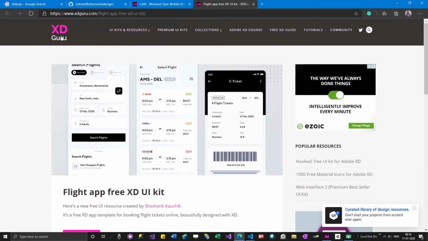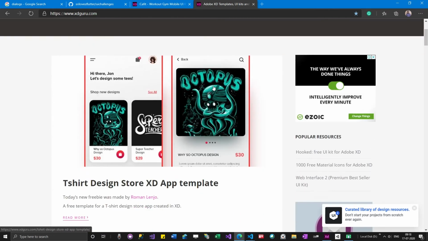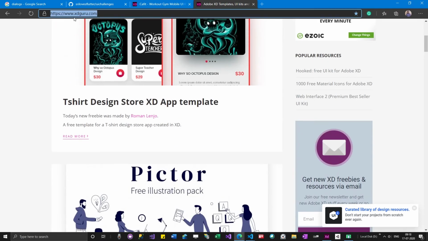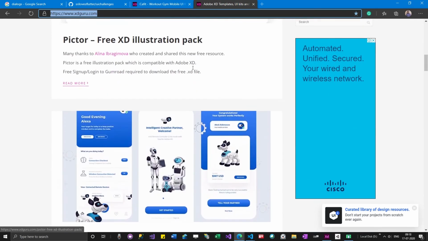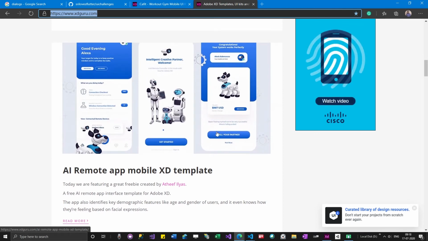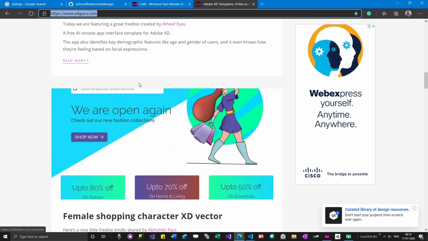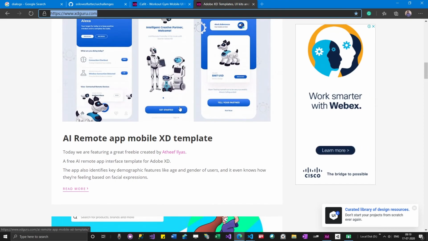You can search for more designs. If you want to take more UI challenges, you can go through sites like XD Guru or something else and get some ideas. You will be doing this as part of your UI challenges. You might be thinking, oh, this is so complicated. No, this is not complicated, it is easy, because now you know how to figure out the code. When you start developing this, you will understand how easy it is. Even how to bring these color choices, everything we'll learn.